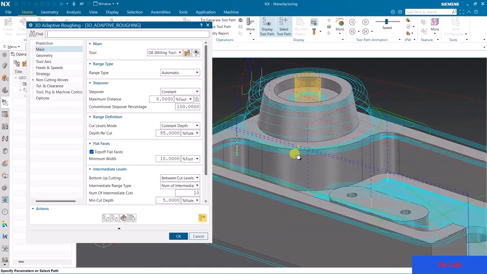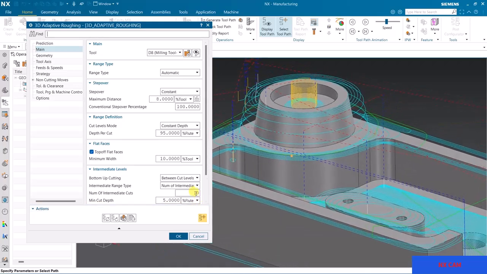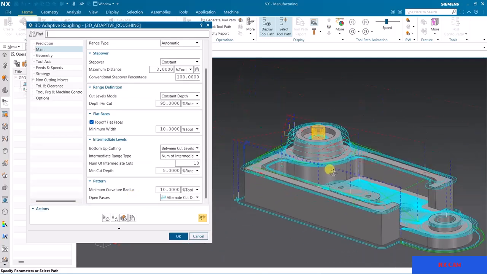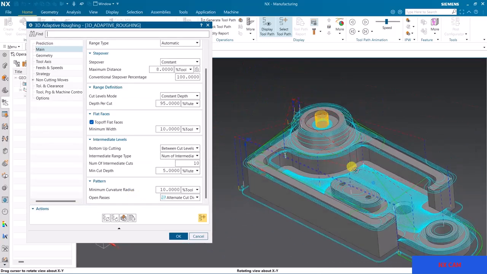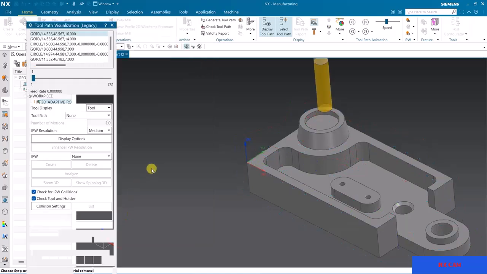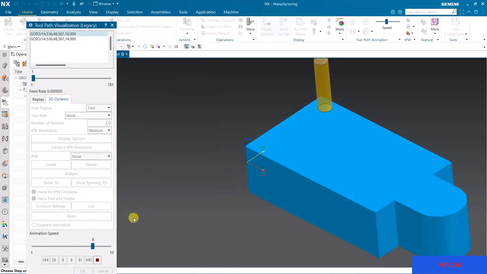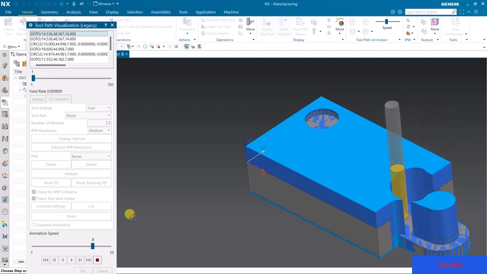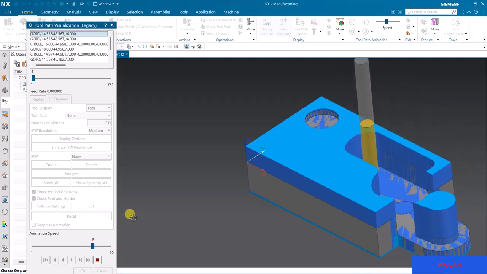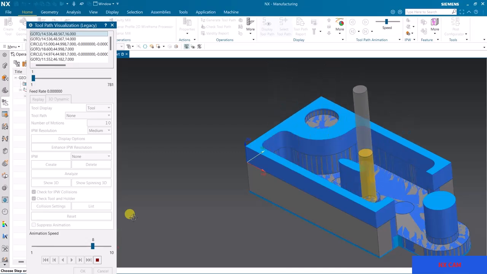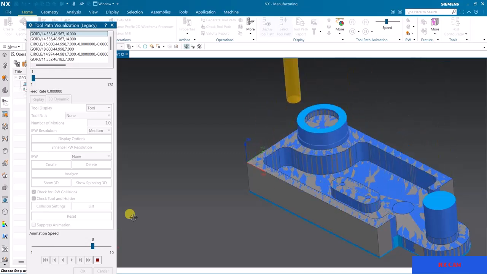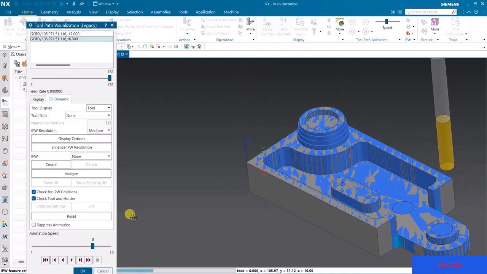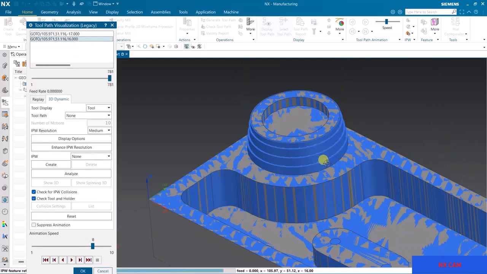Because of height, it is not possible for this condition, no problem. And one more thing, let's see this 3D verification, and then we will select another example. Here you can see. Okay,